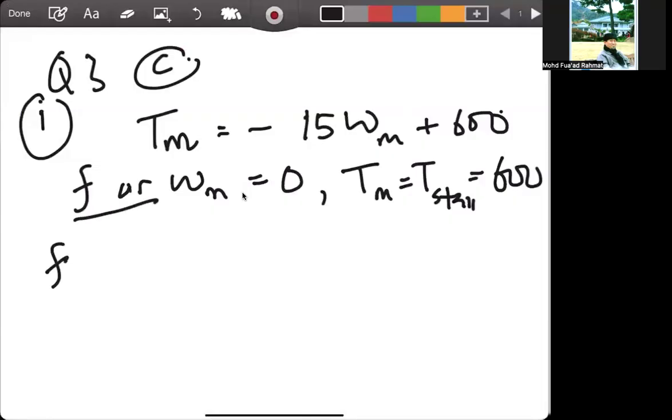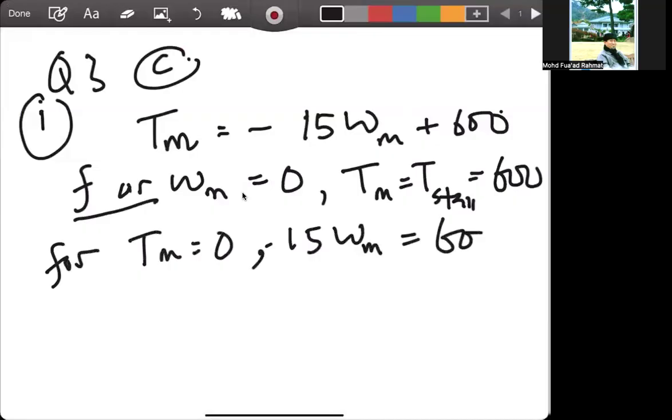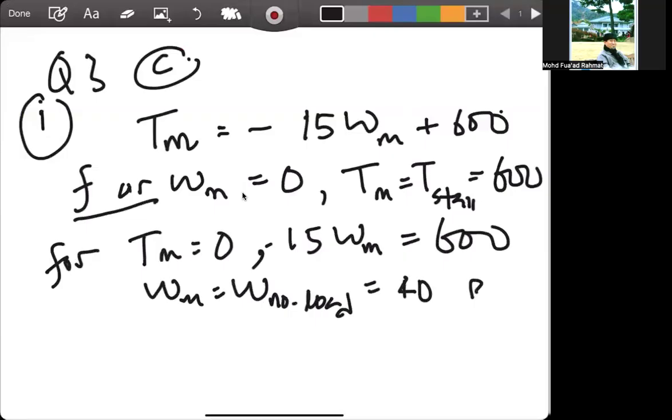Second one is for Tm equal to 0, 15 omega m is equal to 600. So omega m is equal to omega no load at 40 radian per second. Okay,